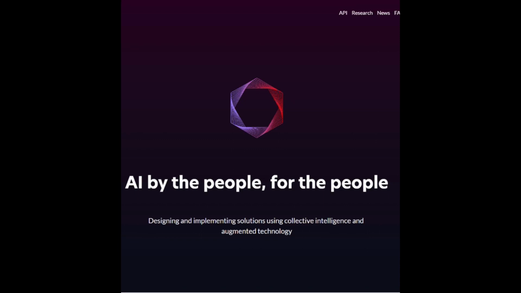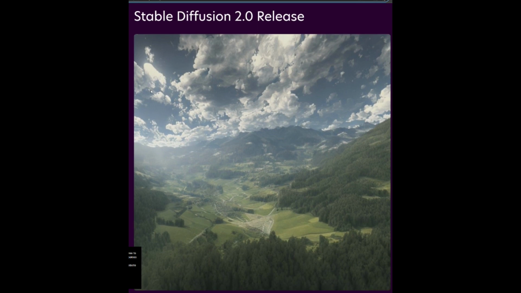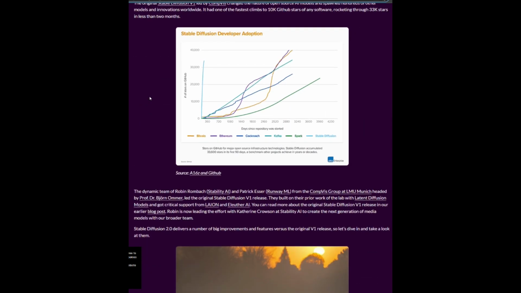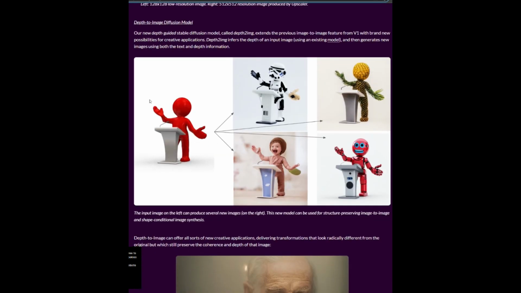Let me introduce you to Stable Diffusion 2.0, which Stability AI has just officially released. This version makes significant improvements to the already amazing text-to-image and adds some additional features as well. You will now have the ability to do depth-to-image diffusion modeling, which is similar to putting textures on the static